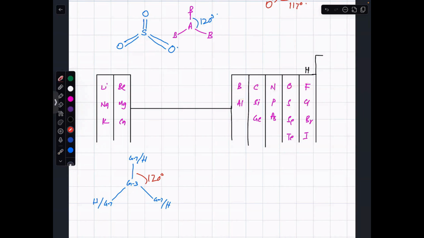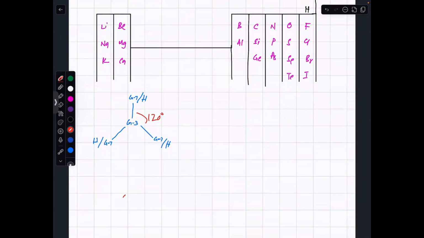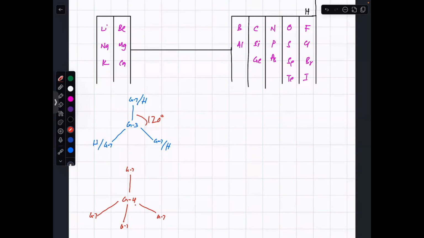Now, if you take any group 4 with how many group 7? With 4. And in place of group 7, what is the other possibility? Hydrogen. So it is what? Tetrahedral. Sorry, I thought it's